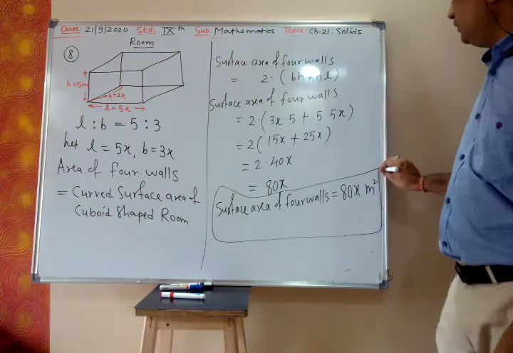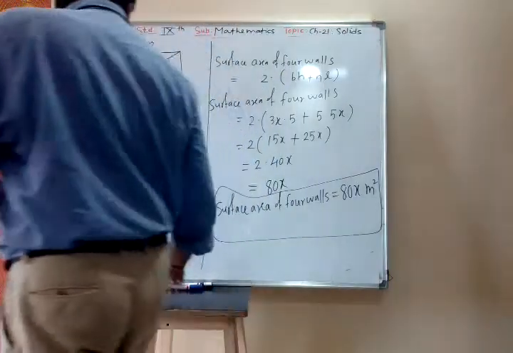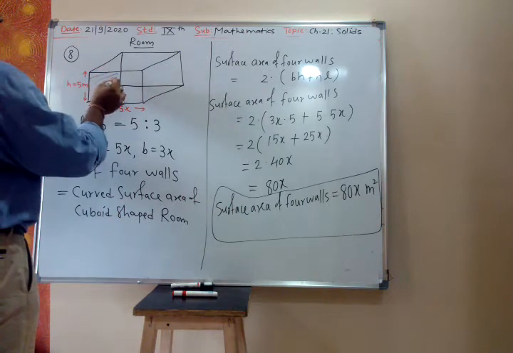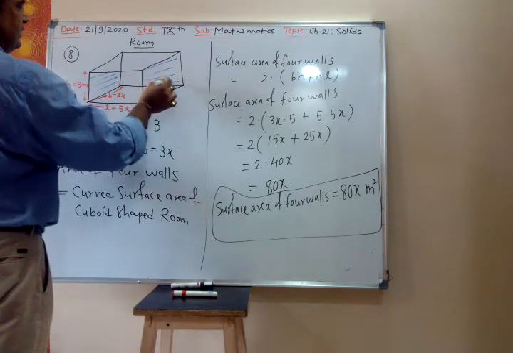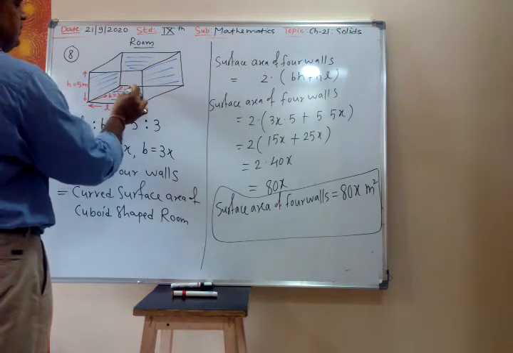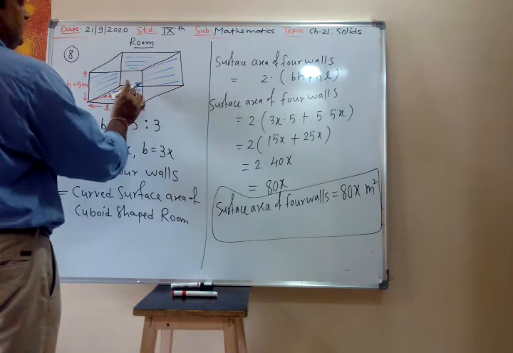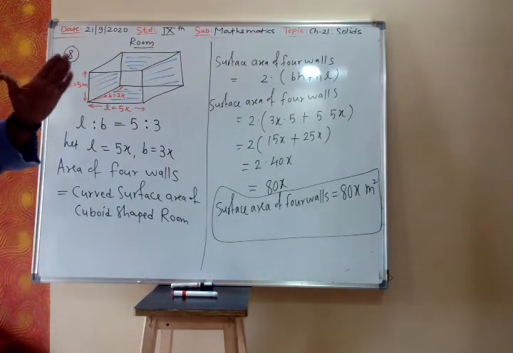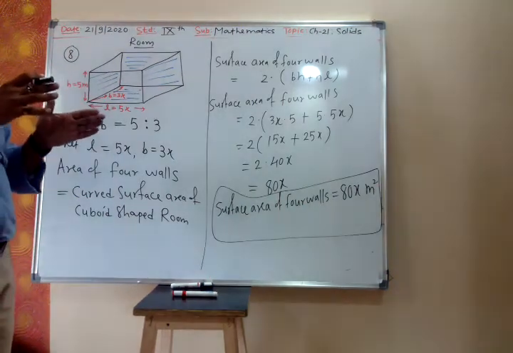So area of the surface means these 4 walls. These 4 walls are there, remember. These 4 walls we have to paper. We have to put the paper on these 4 walls. Clear? Now let us see. So we know how much area we have to do the papering work.